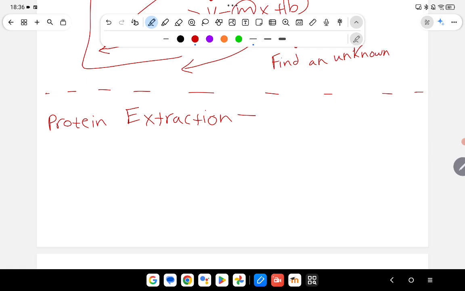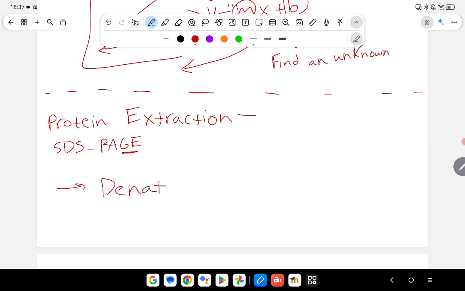So the proteins need to be denatured before SDS-PAGE. So SDS-PAGE is the gel electrophoresis process itself, right? SDS is part of that buffer, but SDS-PAGE is a process, right? The GE in PAGE is gel electrophoresis. So SDS, sodium dodecyl sulfate, polyacrylamide gel electrophoresis. That's what SDS-PAGE stands for, right? And the reason you want to denature